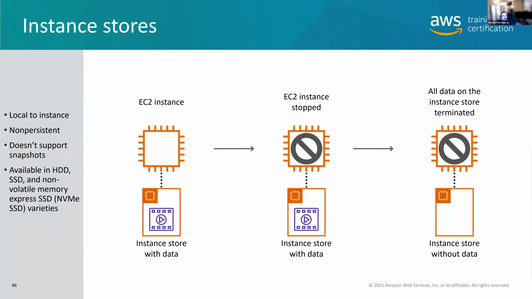Okay. Now, that was all talking about EBS. You might have heard Christian and I talking earlier when he asked the question about instance storage, which is the storage that comes for free with some of your EC2 instances. This is NVMe SSD based storage. It's super fast. It's also super temporary. So one of the questions they frequently ask is, what happens to your instance store data if you stop an instance store backed instance? And the answer is that your data is automatically deleted. Woohoo! You lost your data.